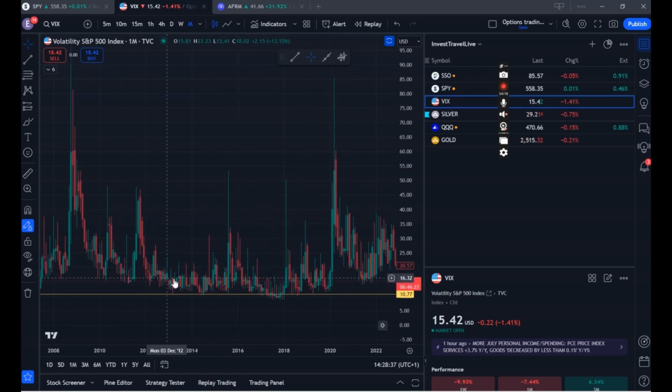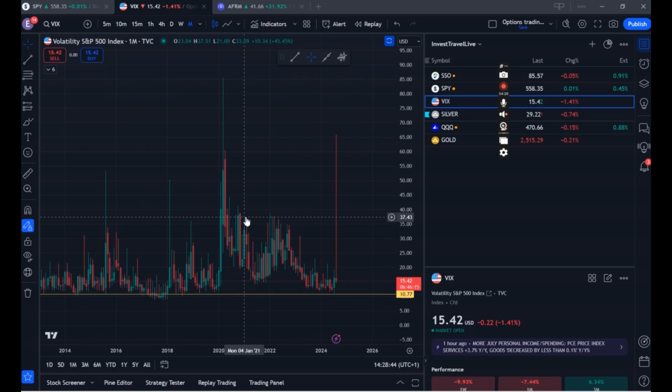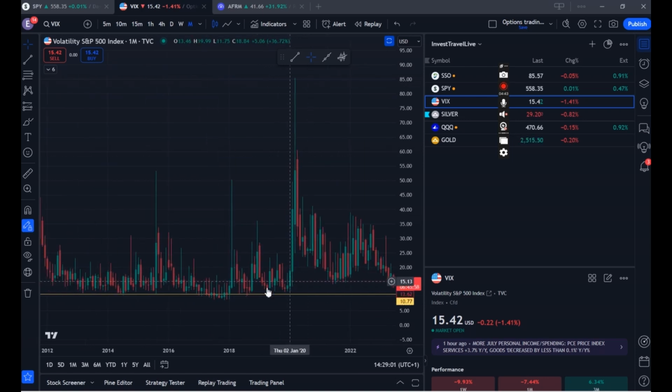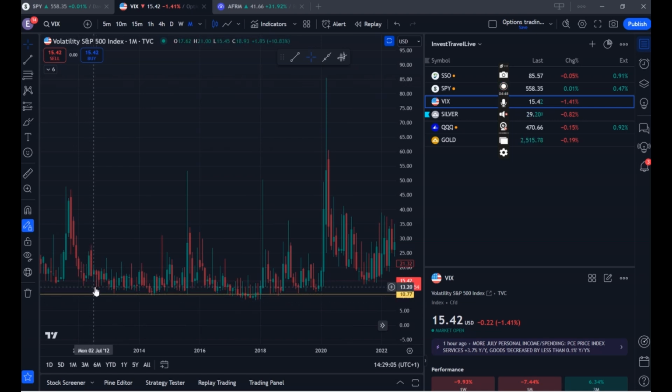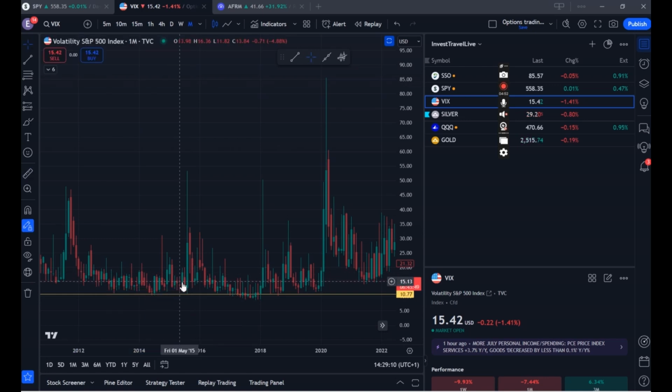Also, we're looking at other scenarios where it went from like 15 all the way to 50. So personally, I made some decent gains with this, with trading the VIX. Recently, it had a huge spike from 15 all the way to 60. So that's like a 4x return. The issue with this is that it's quite hard to predict. Sometimes you have to hold it for a long period of time. Like for example, here. Imagine if you held this for 3 years without major spikes.